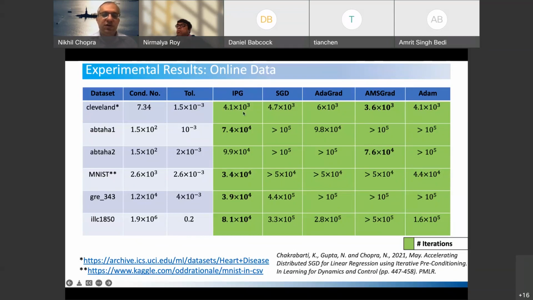So when we compare our method against these, we also adapted our method to a similar setting, where each point is picked randomly by the agents, and the server also picks randomly from one agent and updates. So there's a randomized version of our method, which is the IPAG. So what you see here is that as the condition number starts increasing,